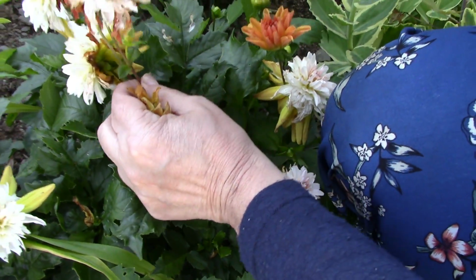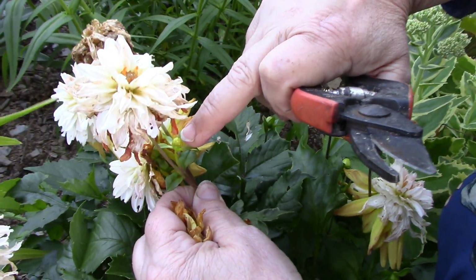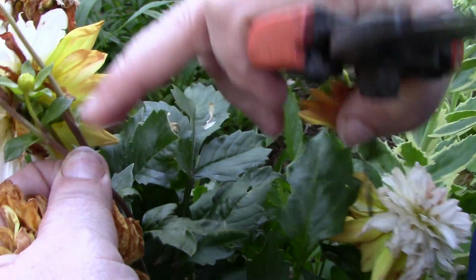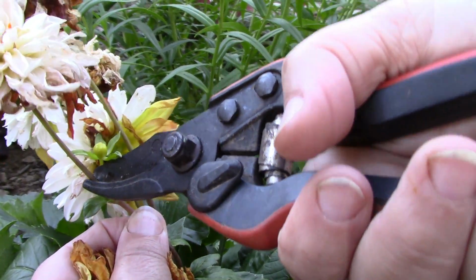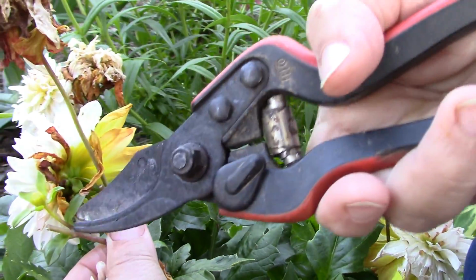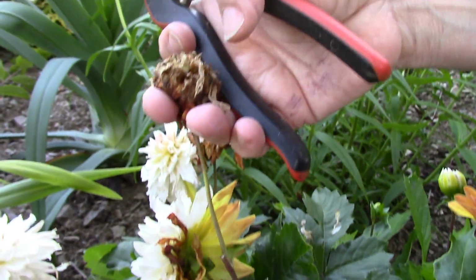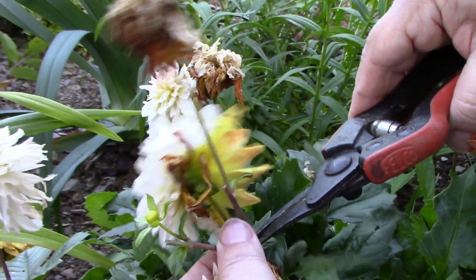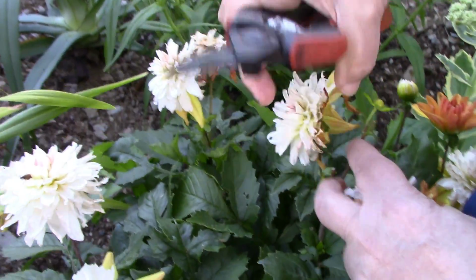Okay, so for example, see this dahlia flower here? Well, here's the bud. So if I cut that off down there, I'm going to remove a new flower that's about to bloom. So we need to take it off at the leaves, leaving the bud. This one is gone, and the place to take this one out is down here further because there's no flower coming there. With this dahlia here,